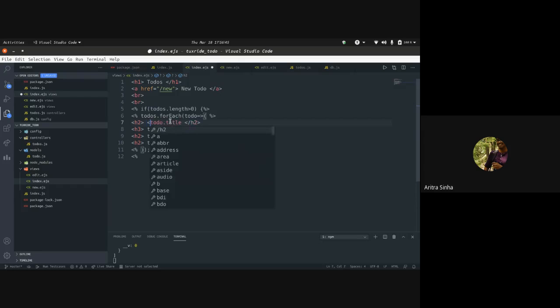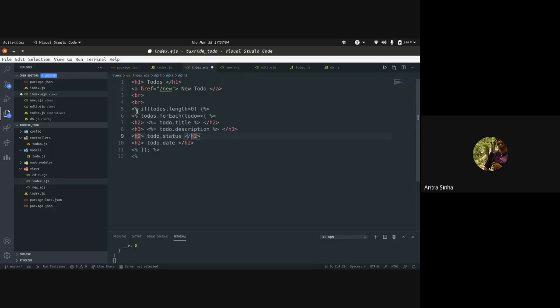And when you want something to be printed on the HTML page, you have to add an equal to sign, otherwise it will be treated as plain JavaScript. So if you want something to be printed, you have to do it this way.